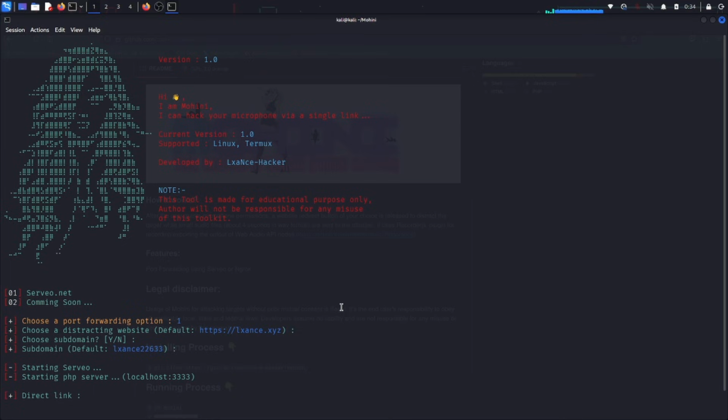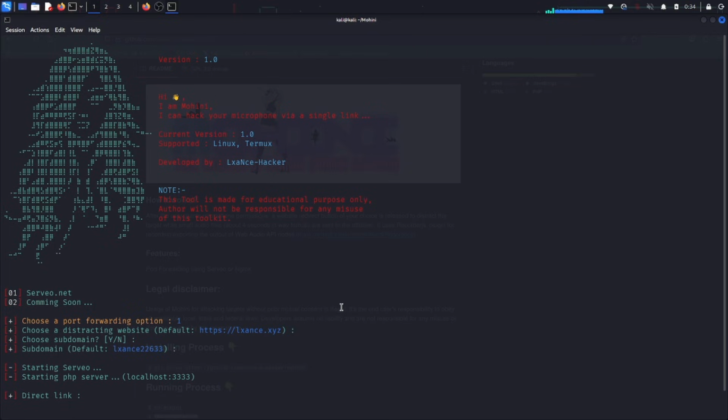So, to summarize, Mohini is a script that automates the exploitation of the web audio API and human trust. It sets up a listener, generates a lure, captures audio permissions, and exfiltrates data in small, manageable chunks. It serves as a potent reminder that the most sophisticated firewall in the world cannot stop a user from clicking allow if they're tricked. By understanding how Mohini operates using Recorder.js, the Web Audio API, and social engineering redirects, we